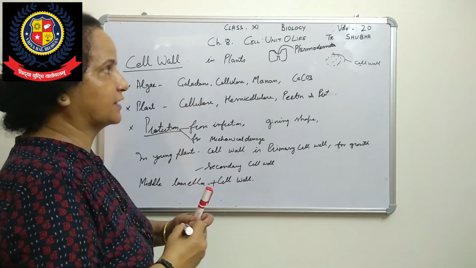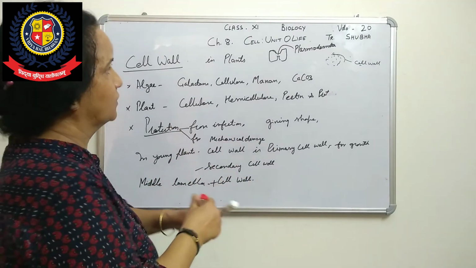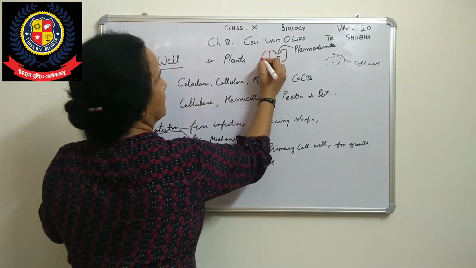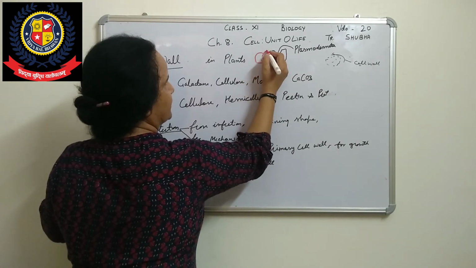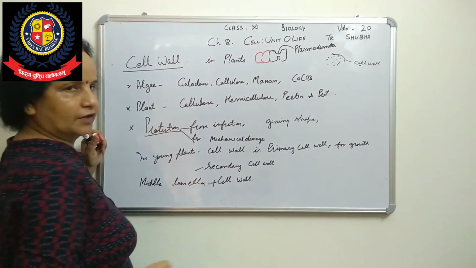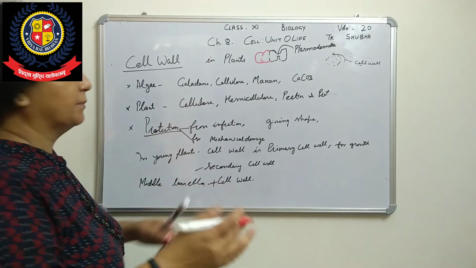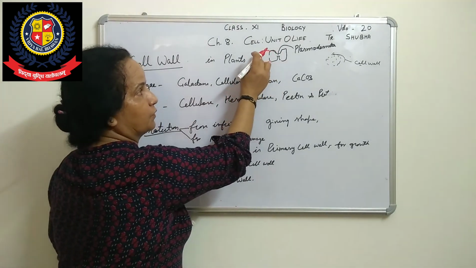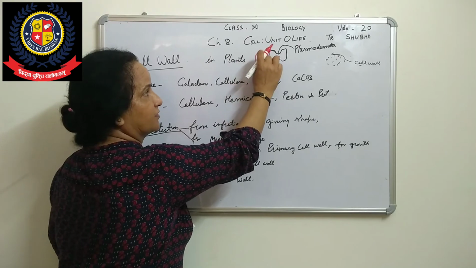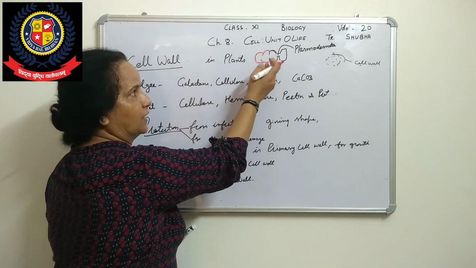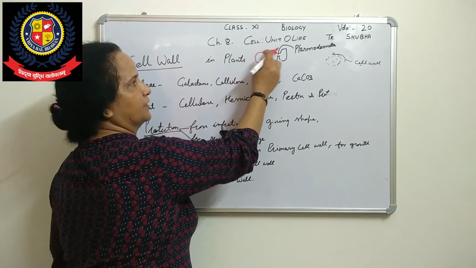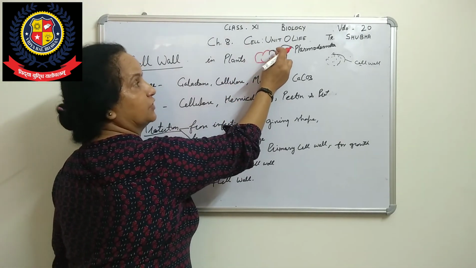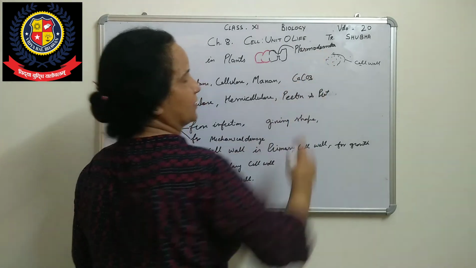Here two cells, any two cells, three cells, we can make one more cell here, like this. So here also there will be a connection, they are interconnected to each other. So they are well communicated, well informed about what is happening here and there. This is really like doors. The rooms are there, all rooms are attached with one door. They can communicate, they can move here and there. So these doors are called plasmodesmata.